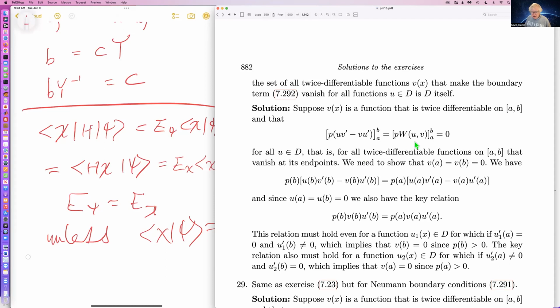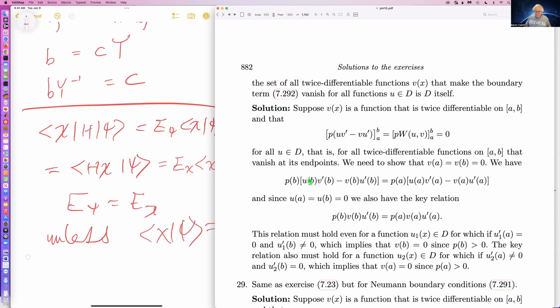Well, this thing here is P at B, U(B) V prime(B) minus V(B) U prime(B), is equal to P at A, U(A) V prime(A) minus V(A) U prime(A). On the other hand, U vanishes at A and B, and so this term vanishes and that term vanishes. So what we're left with is P(B) V(B) U prime(B) equals P(A) V(A) U prime(A),